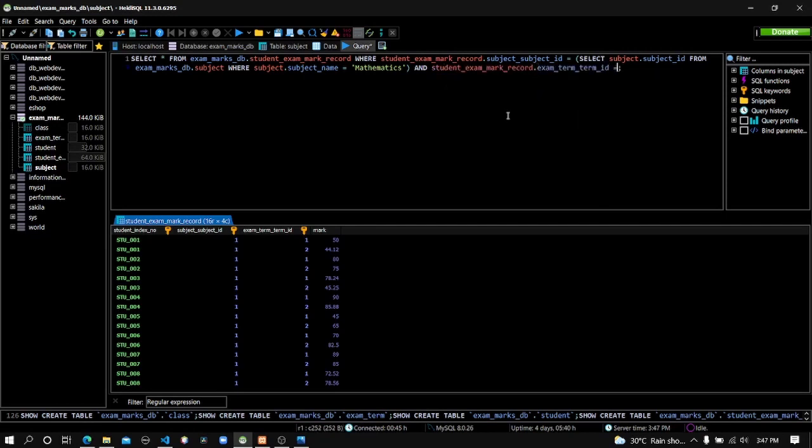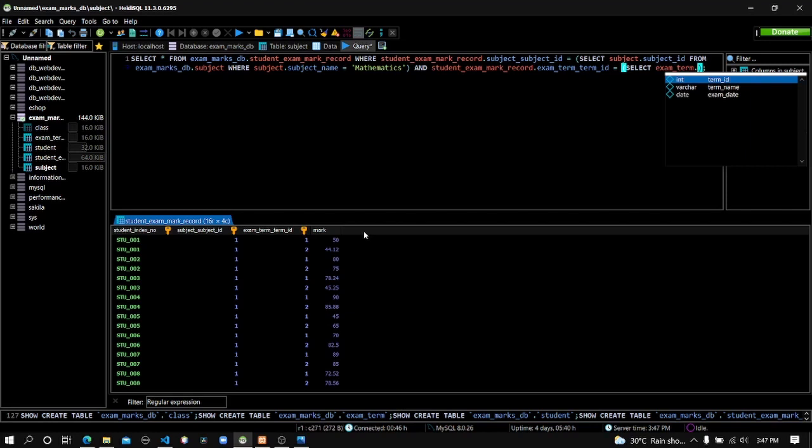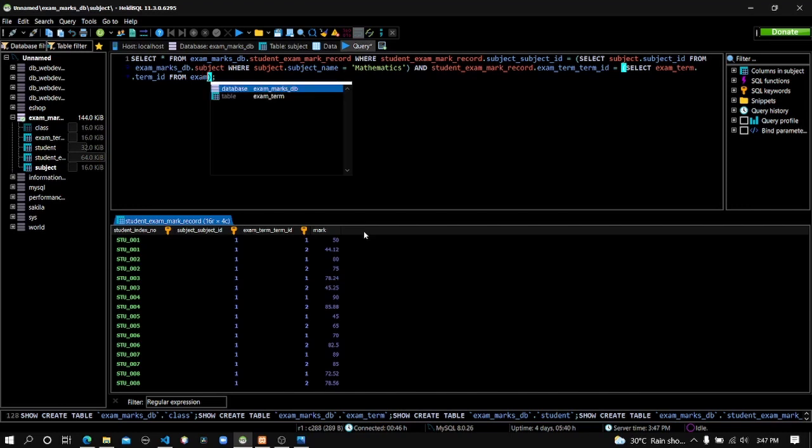The exam term ID should equal the data outputted from this subquery. Select, I'm writing a subquery to the exam mark DB. So in the exam term table, it should output the exam term ID, and here is the table exam mark DB in the exam term table,